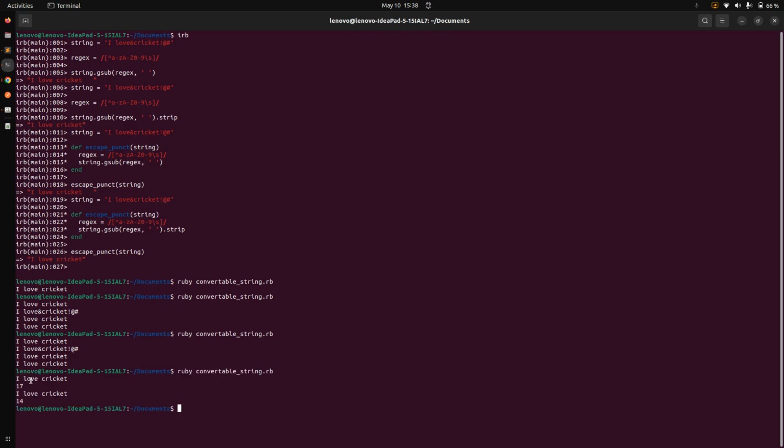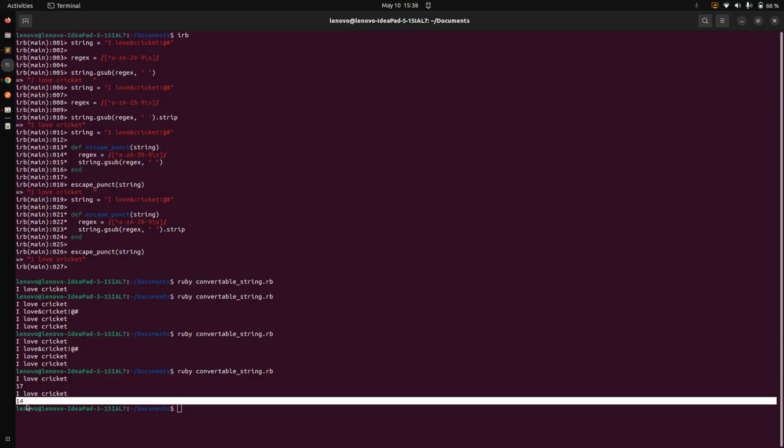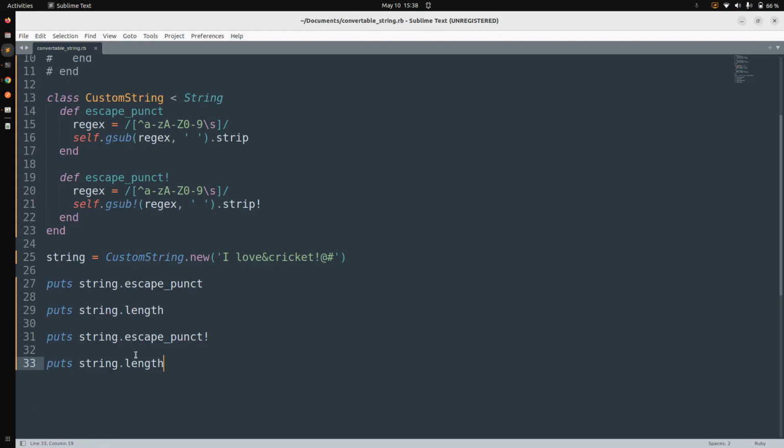So here you can see I love cricket, it's a different length, and I love cricket and then string length, so it's different. Why? Because here we did not change the original string, but here we changed the original string. Okay, so here what you can see is that we